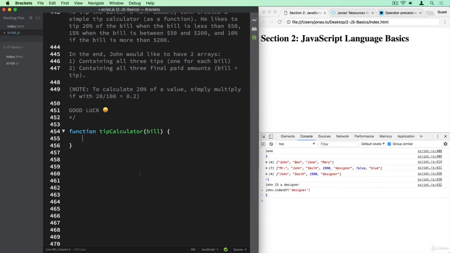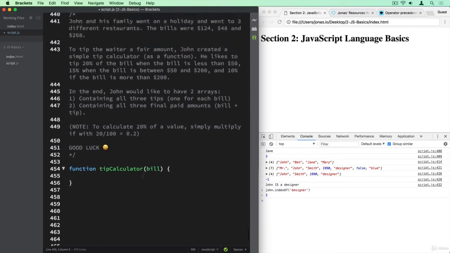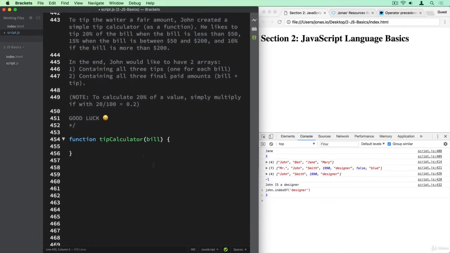Okay, now we want, depending on the bill value, to determine the percentage of the tip that John likes to pay. Okay, so here we have our rules again. So 20% if the bill is less than $50, 15% if it's between 50 and 200, and then 10% if the bill is more than 200. So I'm going to define var percentage here, and then I'm going to leave it. And now in an if-else statement is where I'm actually going to define the value for the percentage depending on the bill. So if the bill is less than 50,